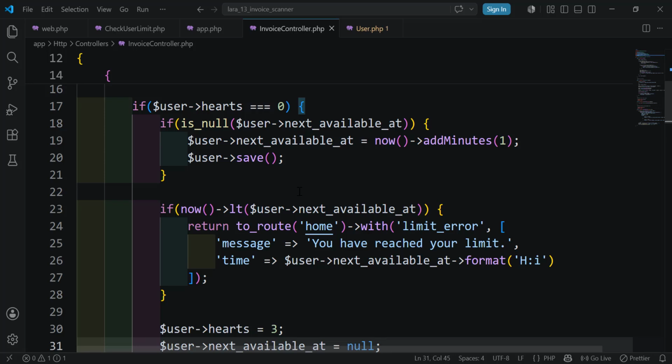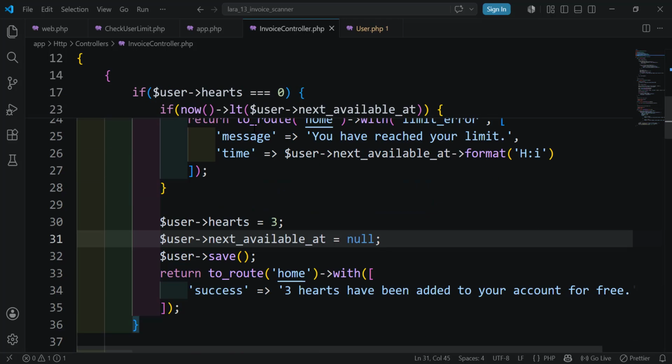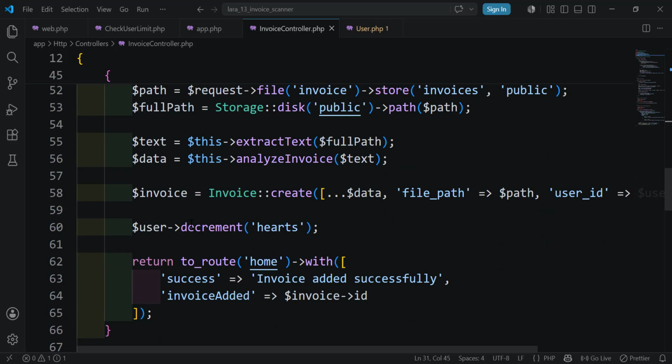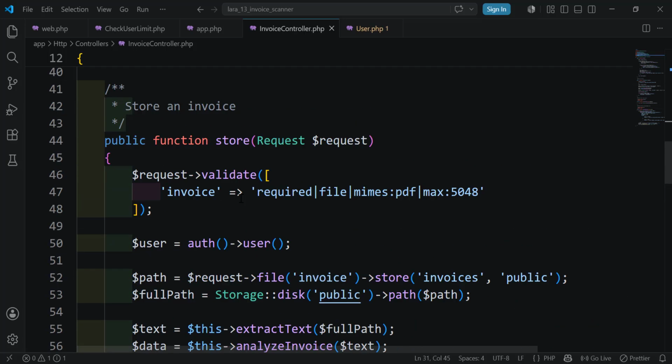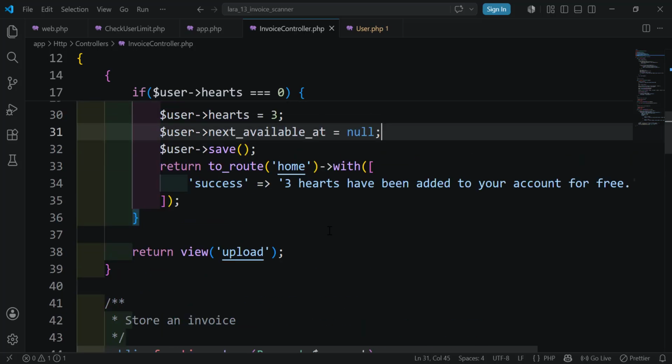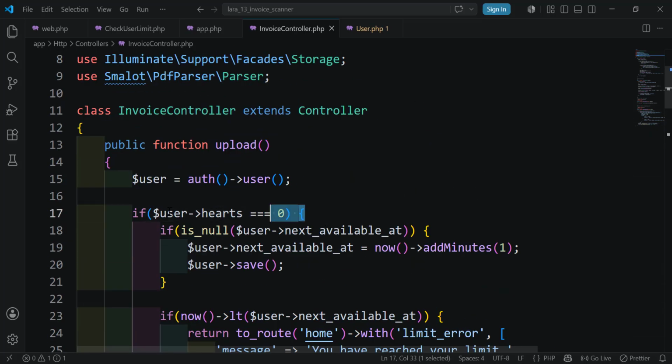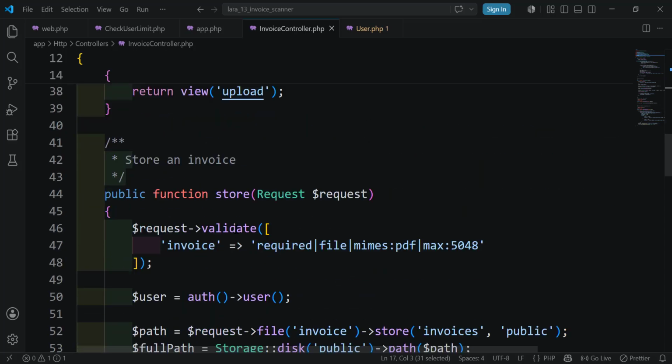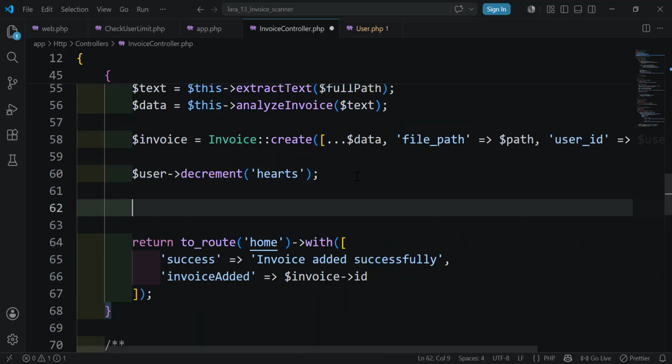I forgot to tell you that we need to do something. So here, let's move down inside the store function. When we store and we decrement the user hearts, we need to check also if the user hearts has reached 0. Same thing like we have done here. Let's copy this test from here and paste it here. But we need to use the fresh